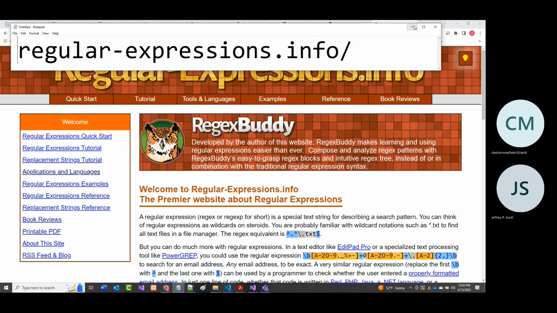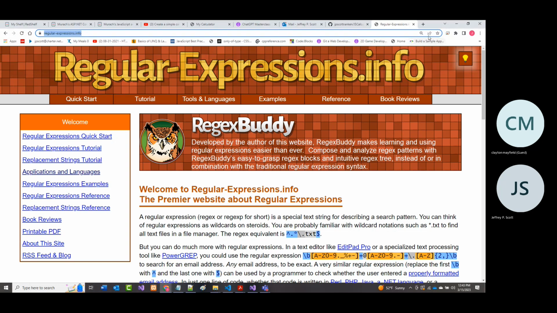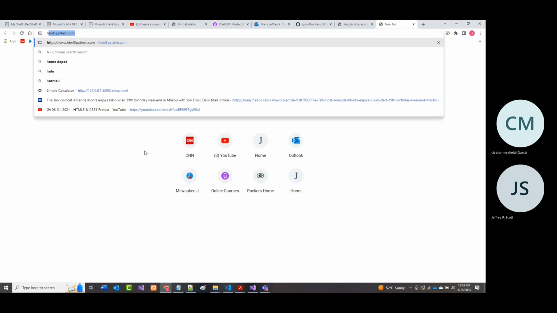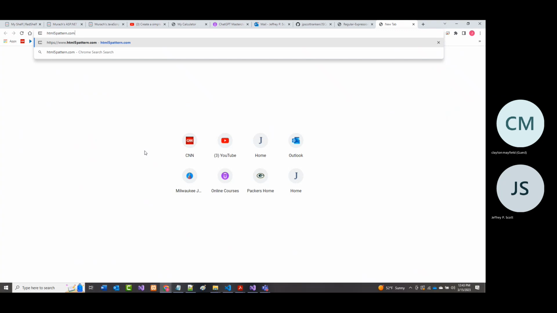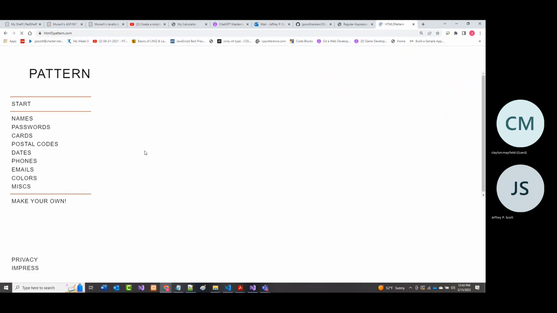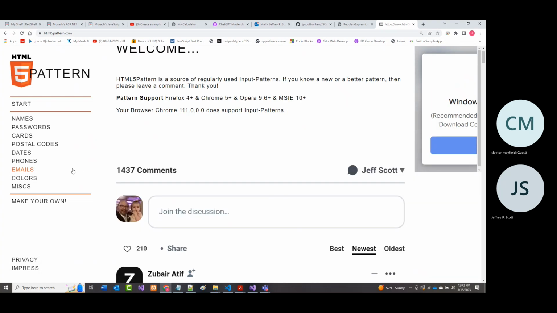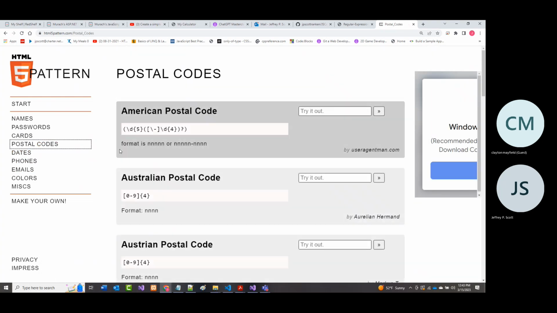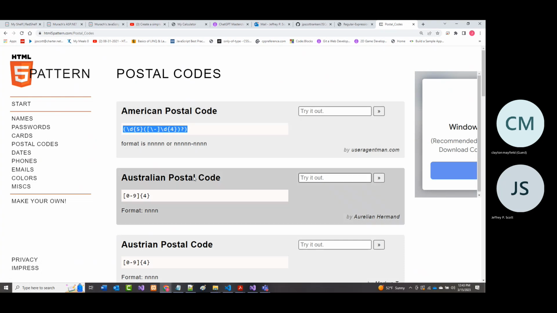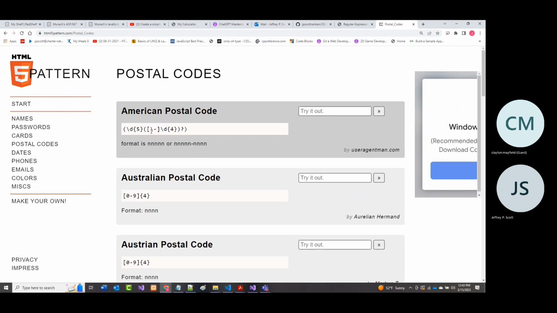We talked about the characters. So starts with, you use the caret, ends with, you use the $ sign. I even gave you this in the past. And if you had Evan, you may or may not have seen this. I don't know. But there is a website. It's pretty simple. It's html5pattern.com. And you go out to there, again, a pretty ugly site. But if you want something, for example, like zip code, it shows you exactly what it should look like. So again, this pattern says what you want to put in here is 5 digits and then optionally a hyphen and 4 digits.